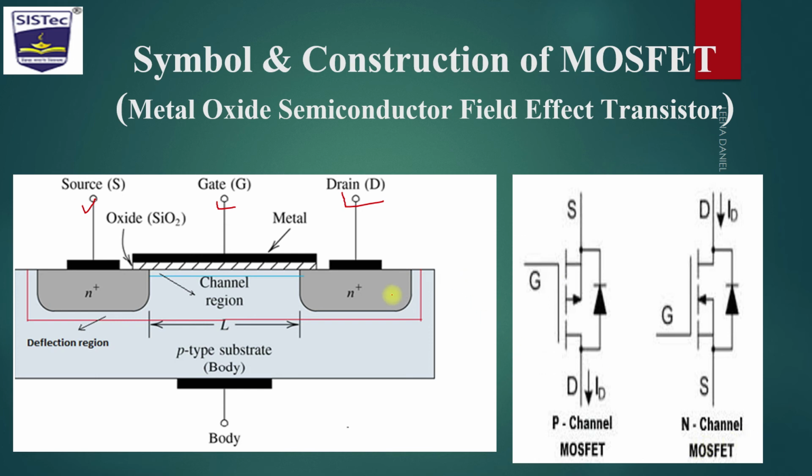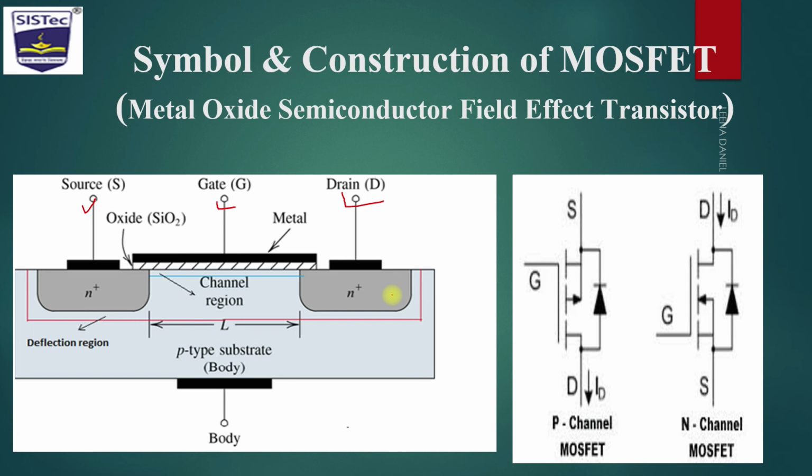It is a transistor. As a transistor has three terminals: base, emitter and collector, but here the three terminals are source, gate and drain. As BJT is a current operated device, or a current control device, whereas our power MOSFET is a voltage control device, because its operation depends on the majority carriers only. And one more thing which you have to remember is that MOSFET is a unipolar device.